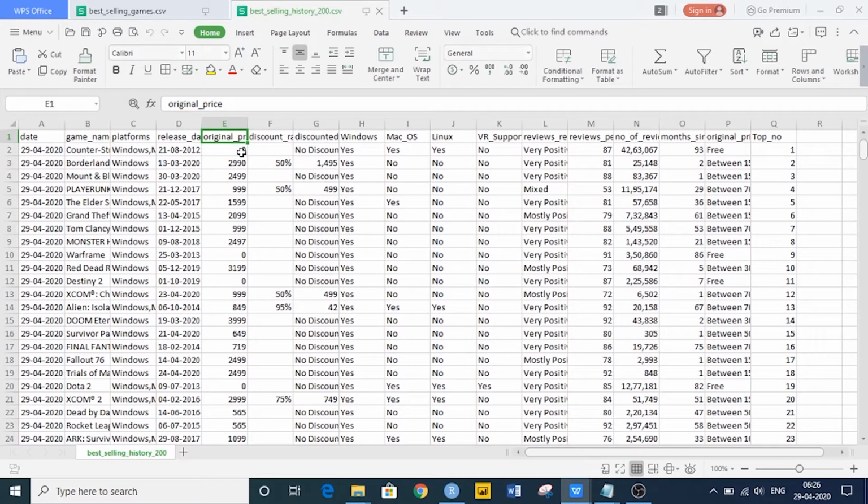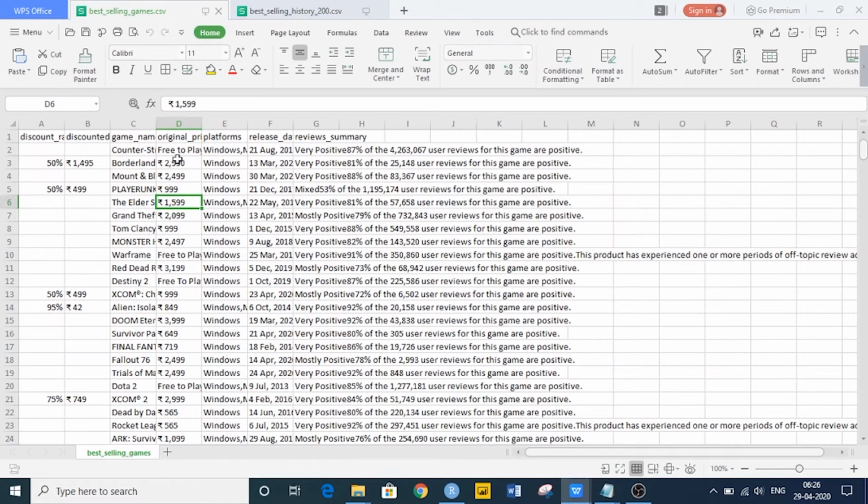The first step is it has removed the rupee symbol. The second step is it has removed the comma symbol, and it also replaced the free sentences with a zero value, so that the column can be converted into integer.